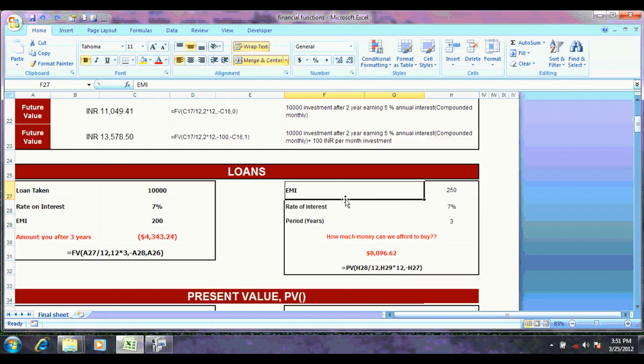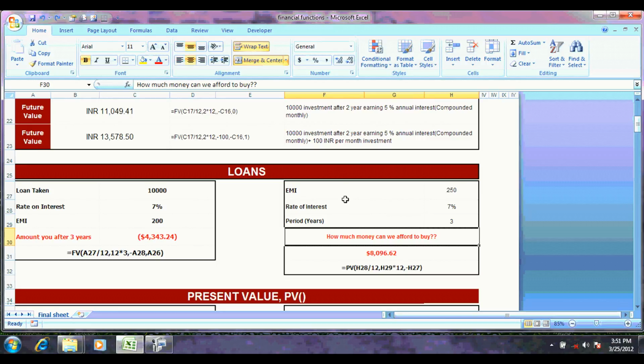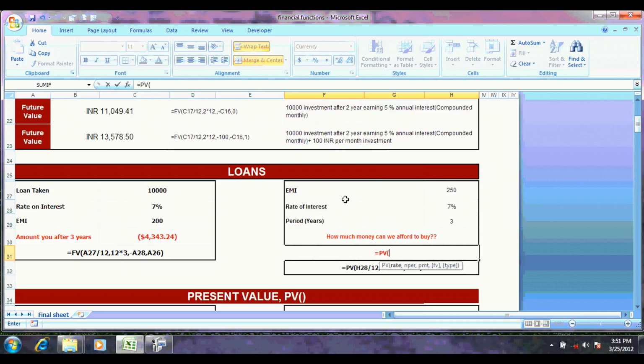Okay, now assume you can pay an EMI of 250 rupees per month. Rate of interest is 7% and period is 3 years. Now we want to know how much money we can afford to borrow in today's terms. So it will be present value equal to PV, rate of interest is 7%, divided by 12, 3 into 12, comma, payment is